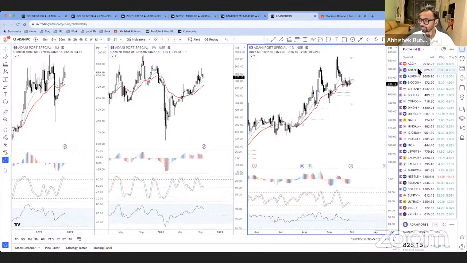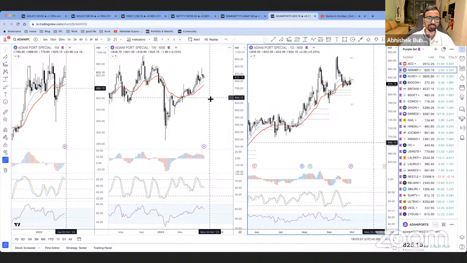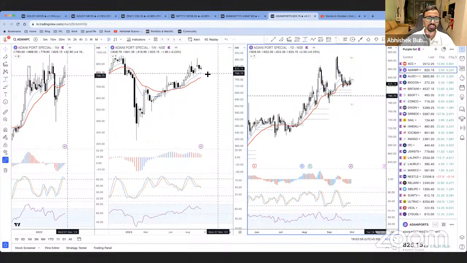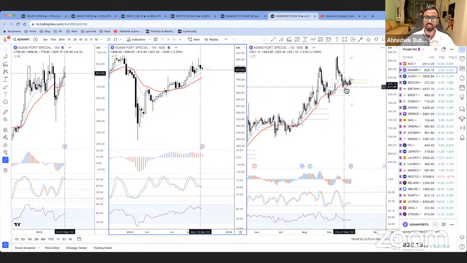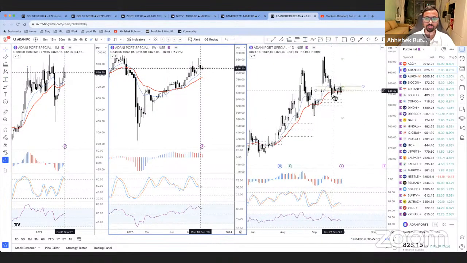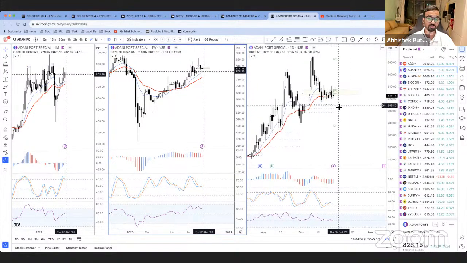Then we go to Adani Port. Adani Port as well, we have a bearish divergence here. Ye weekly chart mein ek gap tha, if you can see this. I can draw it on the weekly, or you can see it on the daily as well. Now this gap is exhausting, but follow through nahi ho raha hai. Bar exhaust ho raha hai, lekin follow through nahi ho raha hai. Kal bhi exhaust hua, follow through nahi hua.